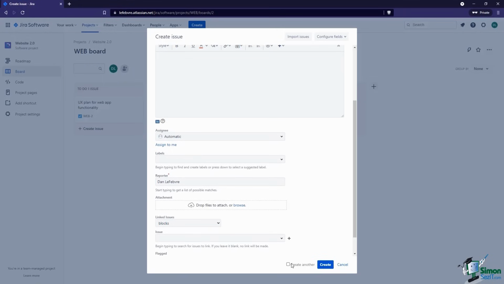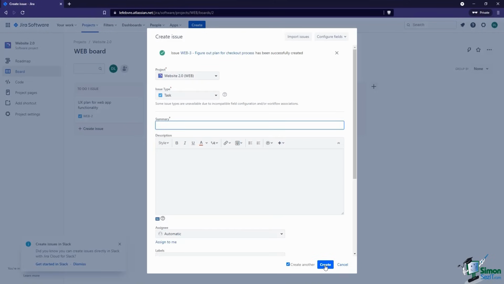but I do want to point out this little checkbox down here. This is just a little tip from my experience. It's saved a lot of time because as soon as I hit create, this window will close. But if we're creating multiple issues, then sometimes it can be time consuming to hit create and then it closes and then we have to open it back up again. So if we check this little create another box, when I hit create, this window is going to stay open. So we can create another one,